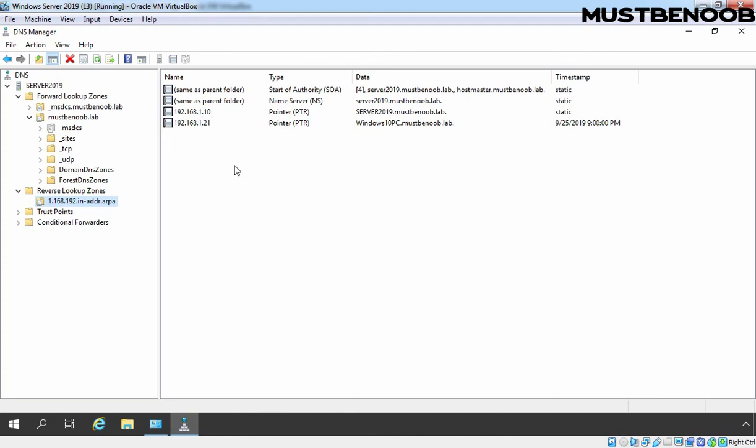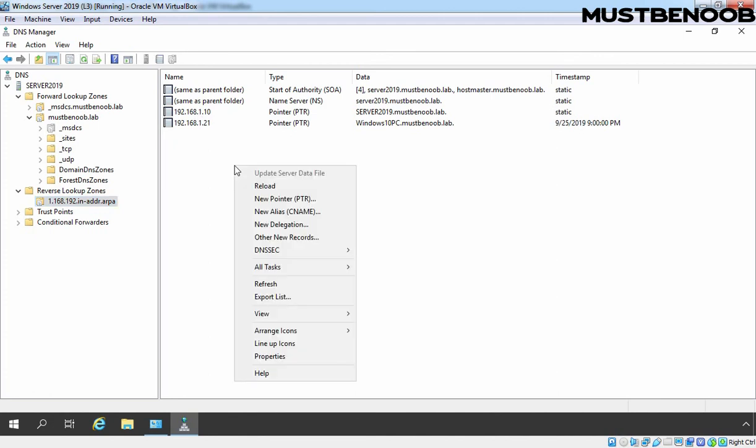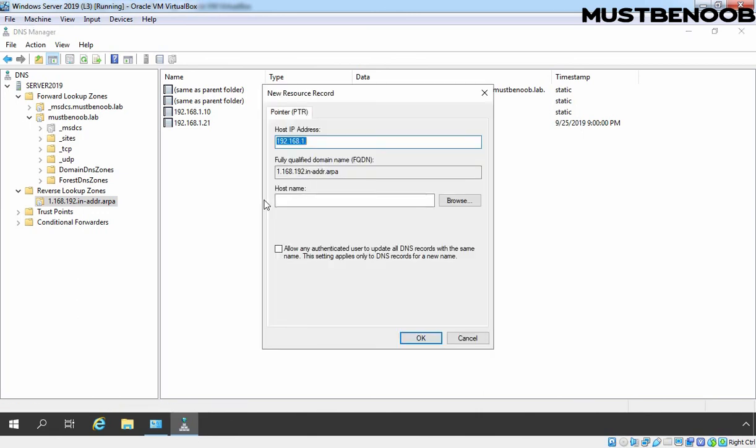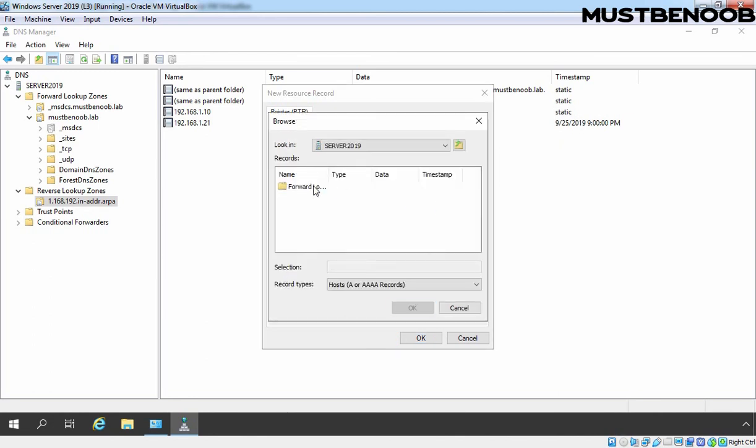If you want to create a pointer record, you need to right click in a free area under your reverse lookup zone and select New Pointer. Specify the IP address. In our case, it will be 192.168.1.12. And if you want, you can manually specify the FQDN as well. But we want to browse. Let's double click on our server name, double click on Forward Lookup Zones, and double click on mustbenoob.lab.